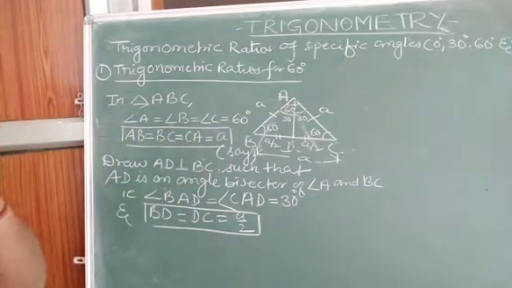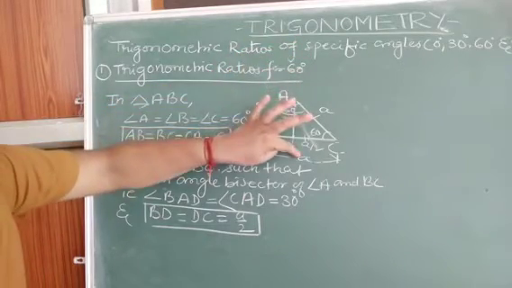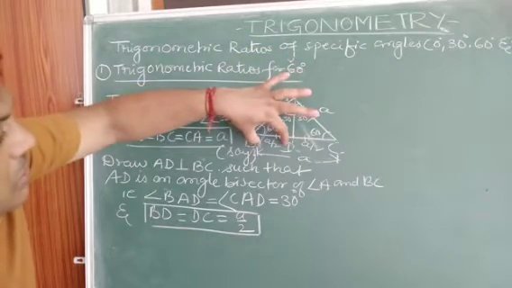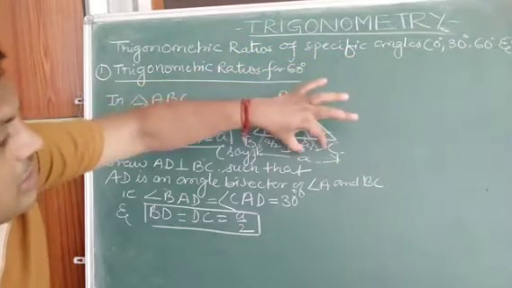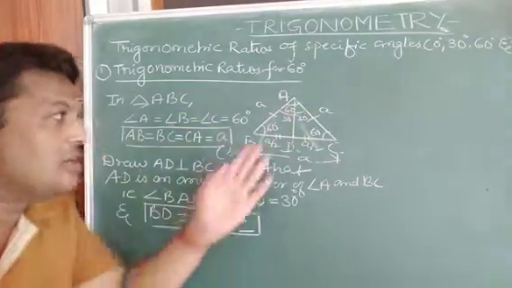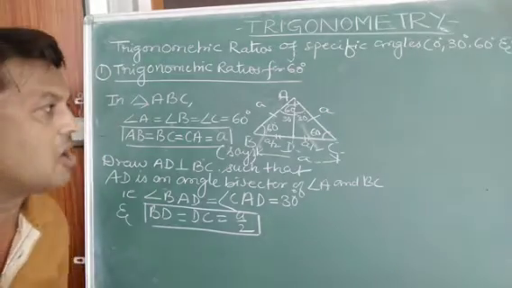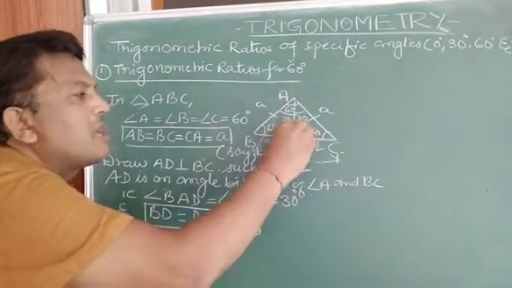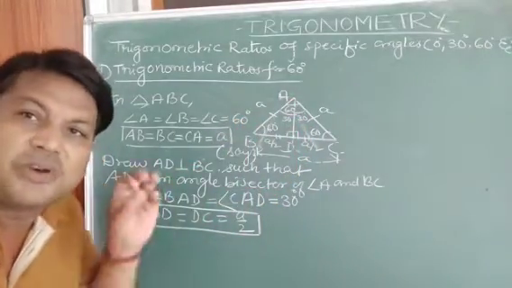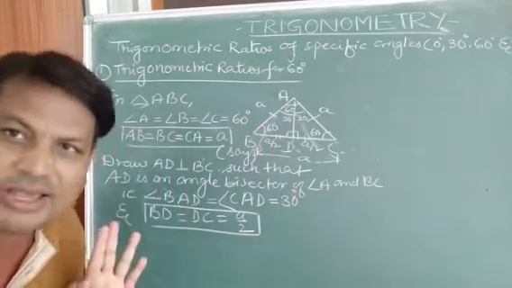Now we have got all sides. The only thing is that AD is not known. This side is known, a, this side is known, a by 2. This side is also a, this side also a by 2. This AD has divided the equilateral triangle into two right angle triangles, is it not? Because it's a perpendicular, the base making angle 90 degree. So here AD is not known. Once we get the value of AD, we can find all trigonometric ratios.